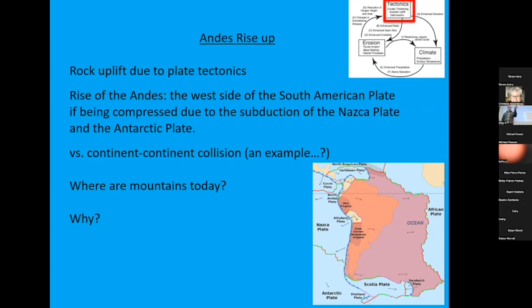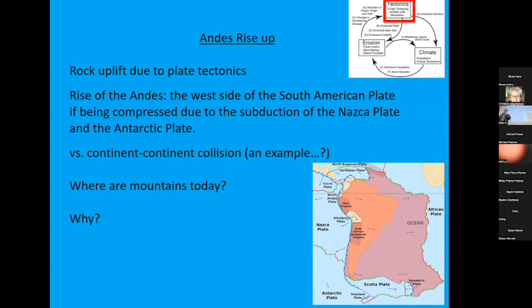So where are mountains forming today? You think of the big mountains forming today, the Himalaya, right? The Himalaya are due to the Indian plate crashing into the Asian plate. That's an example of two continents crashing into each other, mountains going up. The Sierra Nevada, also probably partly due to this kind of thing, where the Pacific plate is being subducted under the North American plate, or else like Japan. That's similar to this. It's part of an oceanic plate being subducted under Asia.